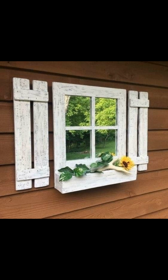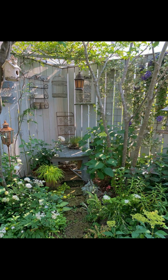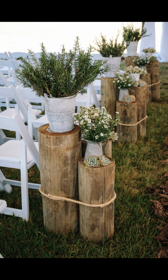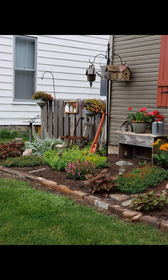Help your crops grow taller and straighter with metal support stakes. Keep your plants off the ground and give them better access to sunlight while also adding visual interest to your small garden. Dedicate space for a small fish pond